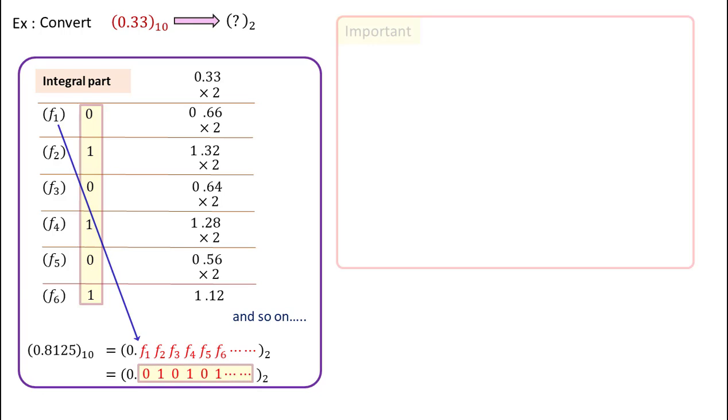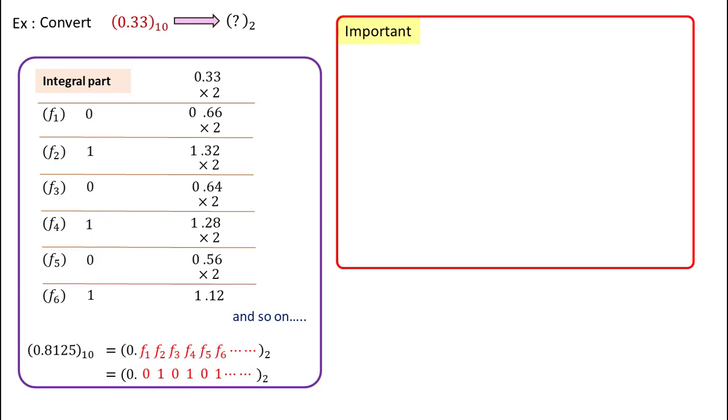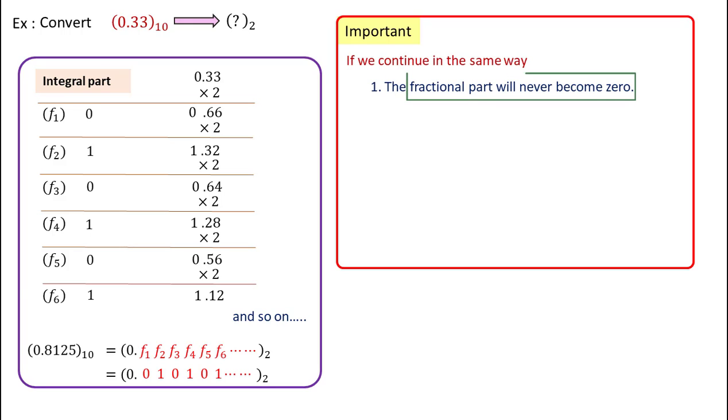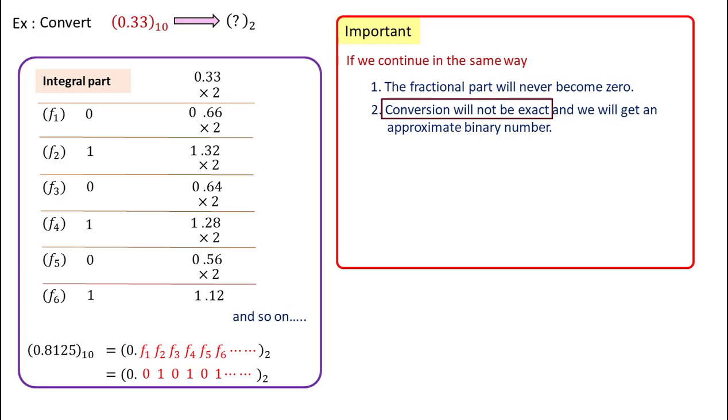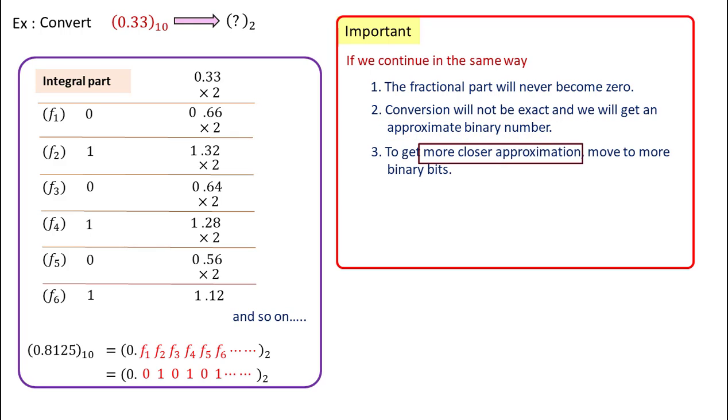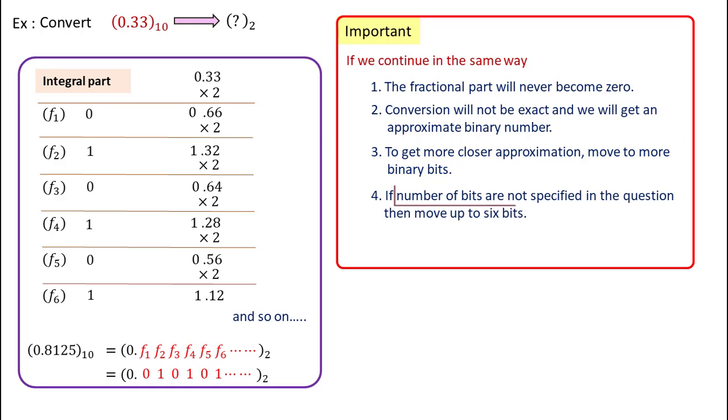In this question, we have to remember these points. If we continue in the same way, the fractional part will never become 0, the conversion will not be exact, and we will get an approximate binary number. To get a closer approximation, in this case, we have to move to more binary bits. If the number of bits is not specified in the question, then it is better that we move up to 6